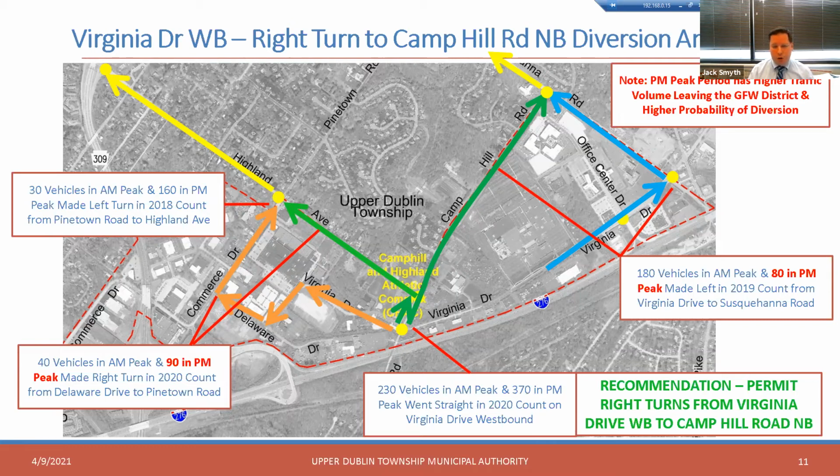So in the afternoon, that's why I've highlighted the 90 vehicles in the PM peak. They would be the ones that would be potentially diverting to the green route along that section of Highland Avenue. Some of those people may head straight up Camp Hill Road, but I don't think a large majority of those people would do that. The reason I showed the green for the continuation up Camp Hill Road is more due